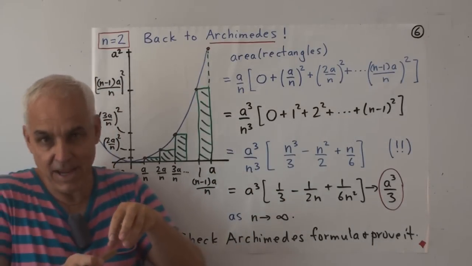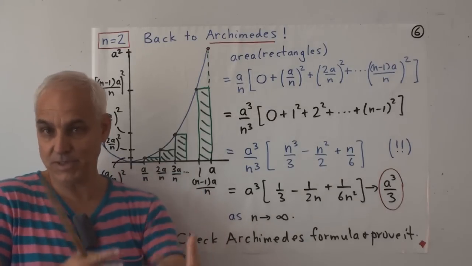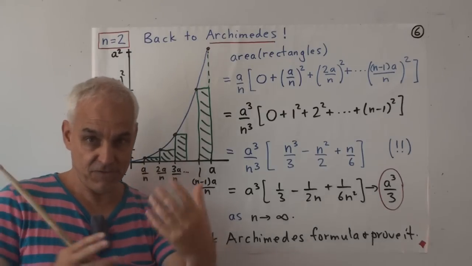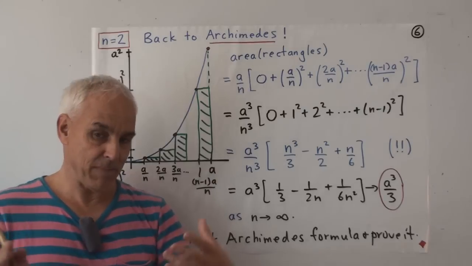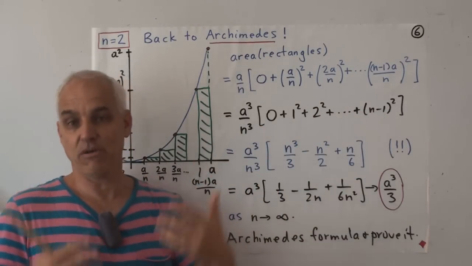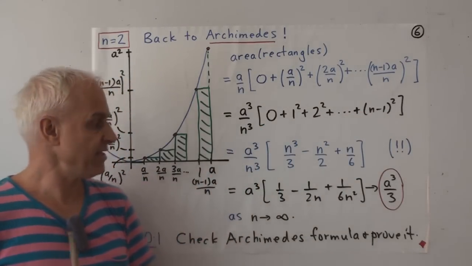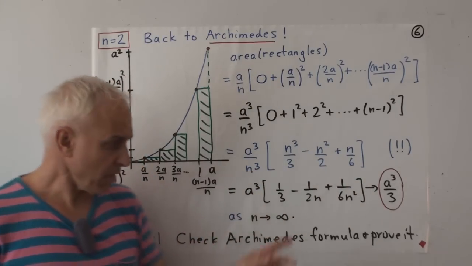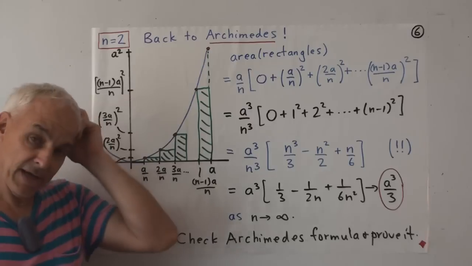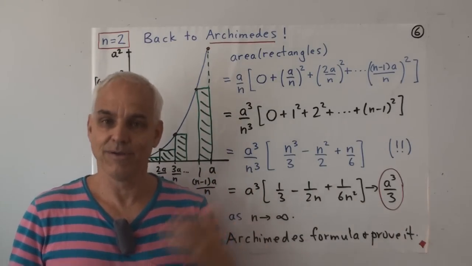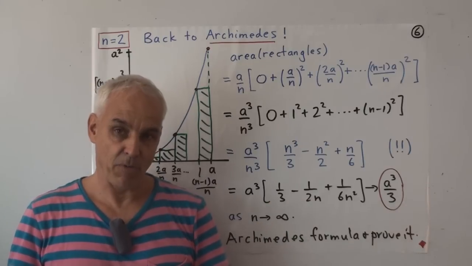And you can think of maybe having little cubes and stacking up cubes and getting some kind of three-dimensional pyramidal shape. And with a bit of geometrical insight, you can maybe put some of those together to find a formula for this geometrically. So he would have done something like that to establish this formula. In fact, he didn't establish it in this context. He established it in a somewhat different context. He was working with a spiral, and this same formula came up.